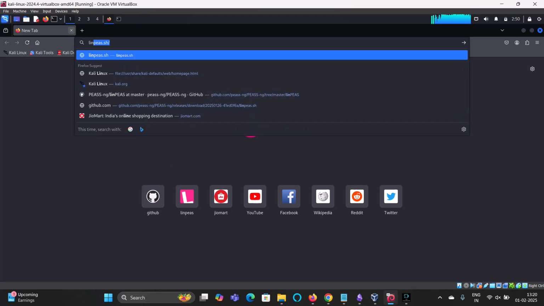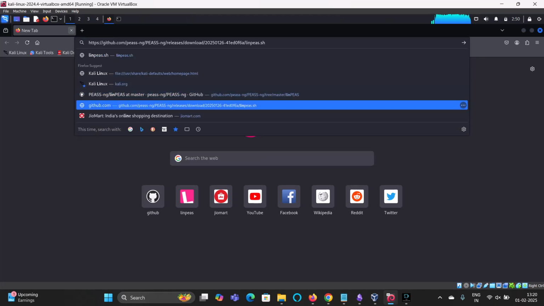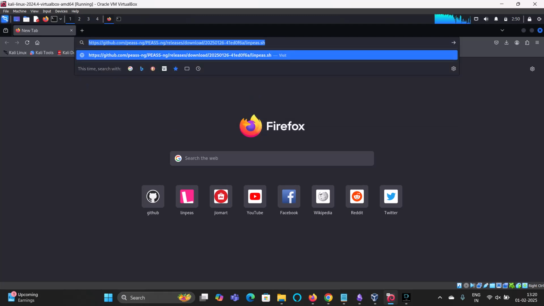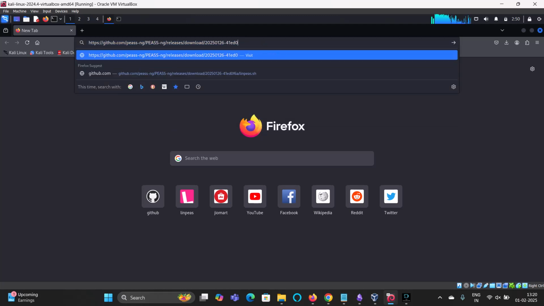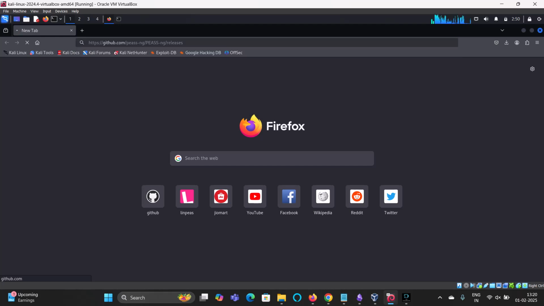Here is linpeas.sh. Okay, just give me a second, yeah, here it is, the GitHub. Again, we're finding the GitHub repository for LinPEAS, or you can say WinPEAS. You can also install it, I already have LinPEAS over here, so I'll just cancel it, but you can just go to this particular site, releases, yeah, you can enter here https github.com peass-ng and then releases of PEASS-ng.